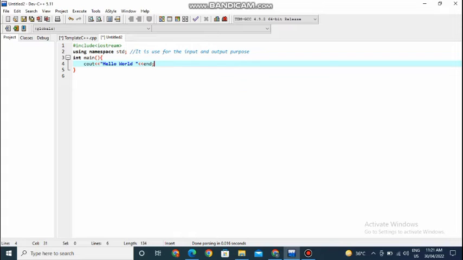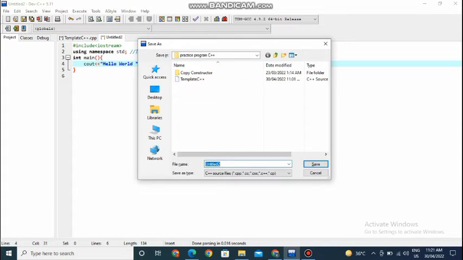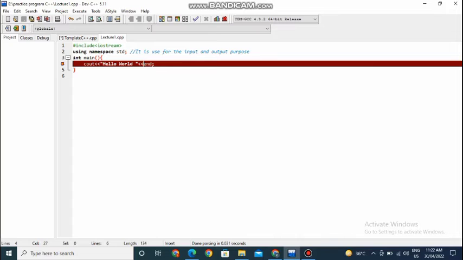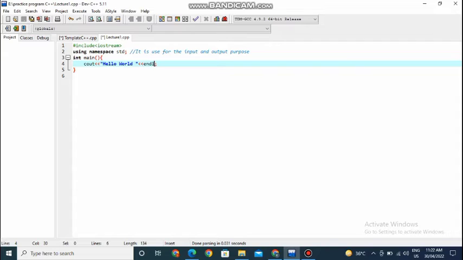Now I want to run it. Firstly I have to save this as lecture 1, our lecture 1 CPP. I want to remind you that I'm coding in C++. So what is the mistake here? endl. Why do we use endl? The endl keyword is used